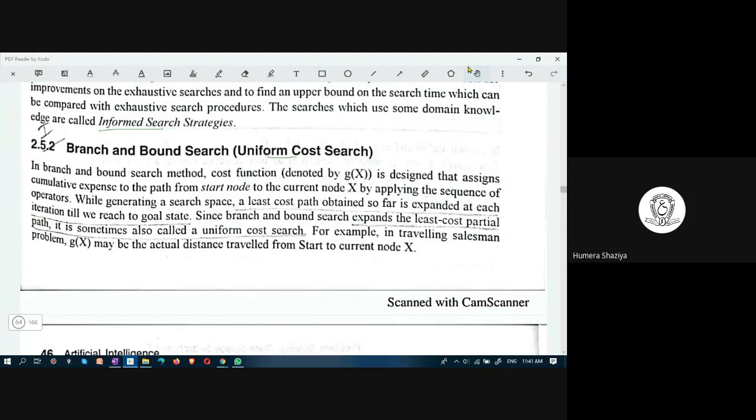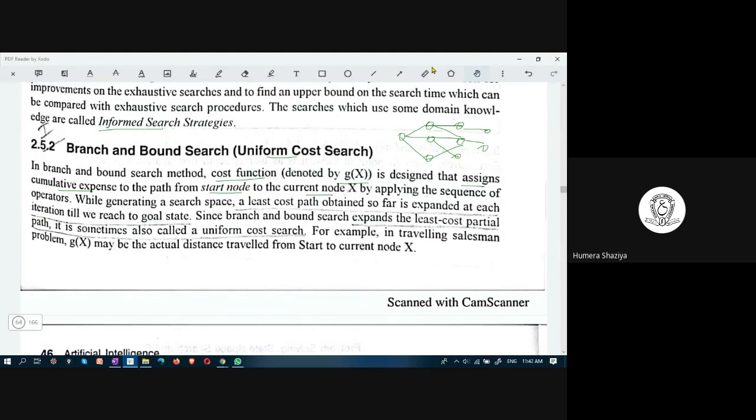In this type of search method, there is a cost function which is denoted by g(x), and it assigns cumulative expense to the path from start node to the current node. You are developing this graph. This is the start, S, and these are the routes.